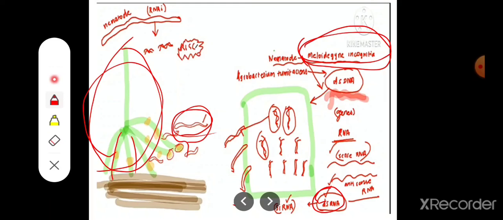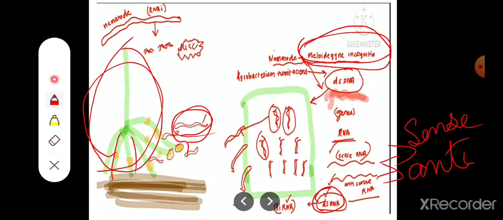So double stranded RNA, it will have 2 strands like DNA itself. In that, one strand is the sense RNA. You can see it here. This is sense RNA, and the other strand formed is antisense RNA. So they are forming double stranded RNA. In that double stranded RNA, one strand is sense RNA and the other strand is antisense RNA. Okay, so these together form the double stranded RNA. Now what happens is this dicer enzyme will cut this double stranded RNA into